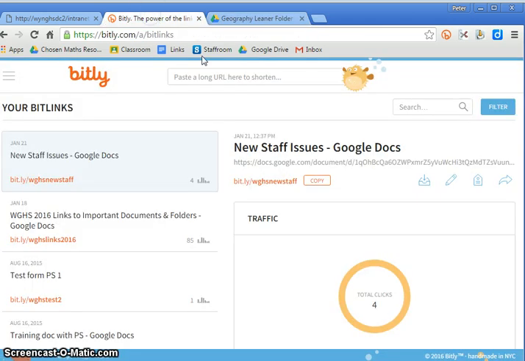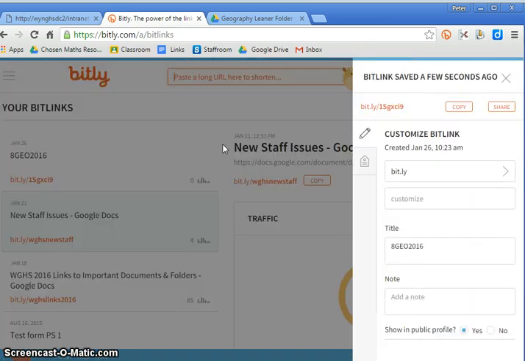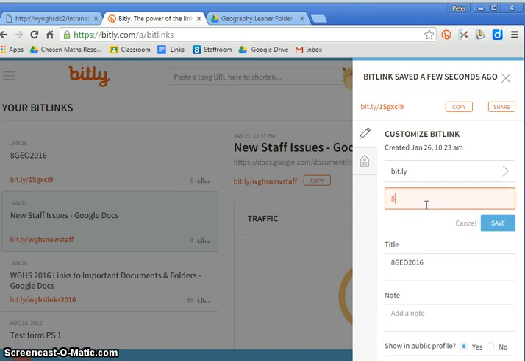I now go back to Bitly and I paste it in the top here. I can press Control V or right click and paste, and give it a moment. Now you must be signed in. So here's where the custom part comes in. All I'm going to do is make this basically bit.ly/8geo